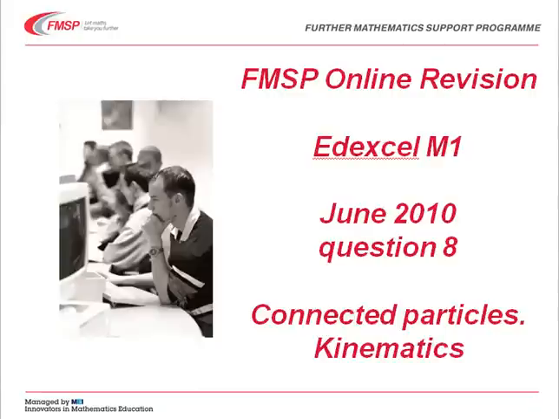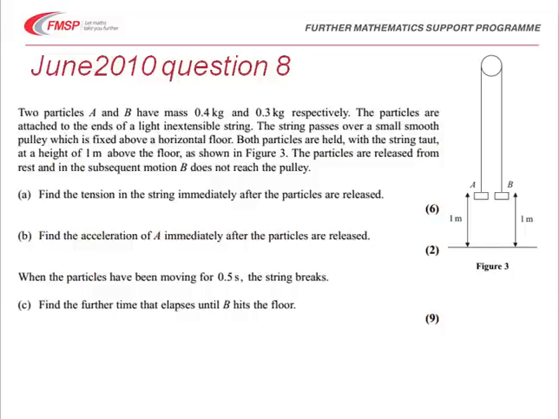In this video I'm going to be looking at the solution to question 8 of the June 2010 Edexcel M1 paper. The topic of the question is connected particles and kinematics. The question starts by describing the diagram, figure 3, which is about two particles A and B of masses 0.4